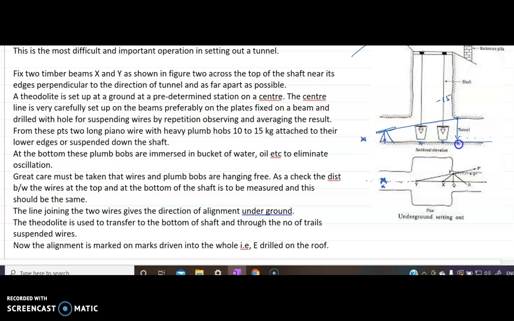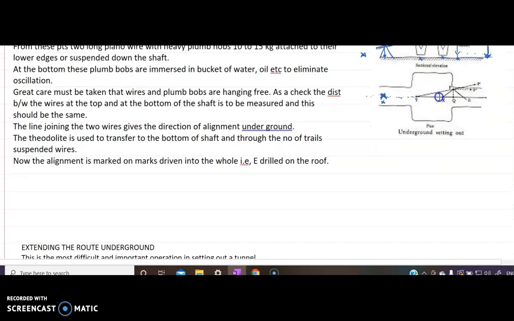So you will get a point on the floor. Are you understanding? Now, let's say I change the inclination angle. Our first line was like this. My second line is like this. So I get another point on the ceiling. Then I drop another point down on the floor. So I got a second point. So like this, you keep getting the points on the center line. This is one method to extend the center line.